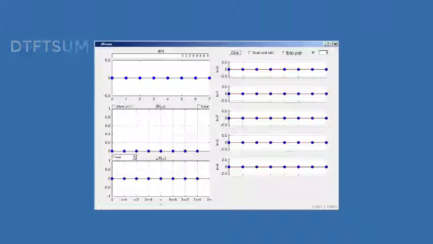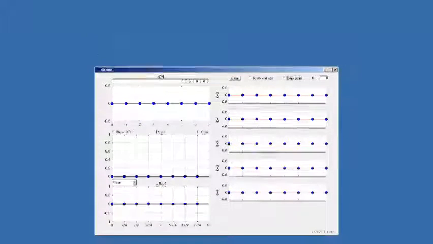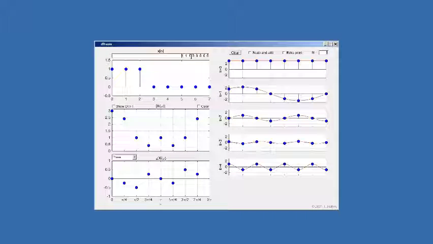This program, DFTSUM, demonstrates that a real sequence x of n of length n can be expressed as the sum of n over 2 cosines with frequencies that are multiples of 2 pi over n plus a DC term. You enter a finite length real sequence x of n in this box on the top left. The length of the sequence n is determined by the edit box on the top right, and the allowed values